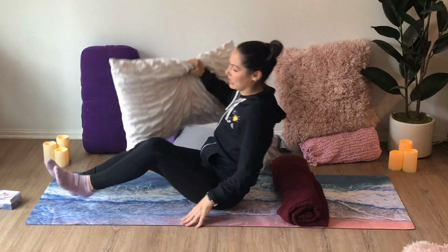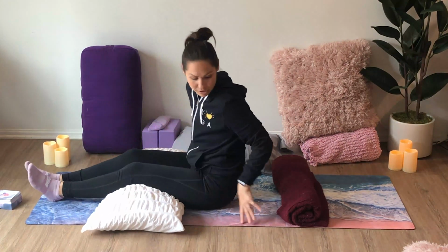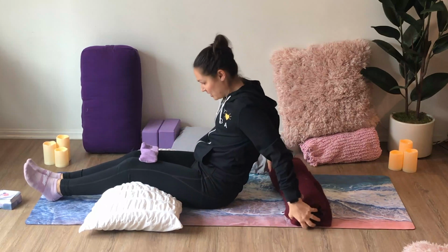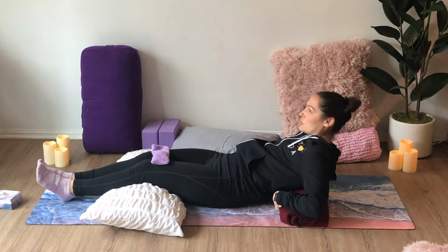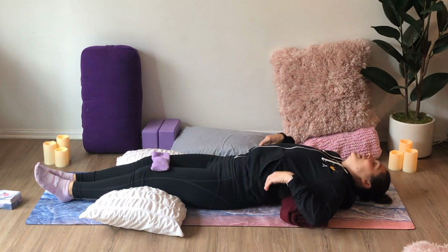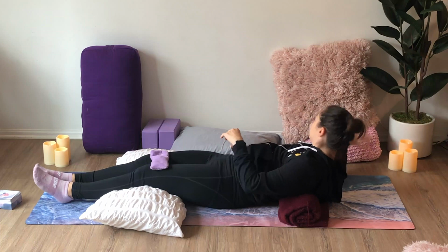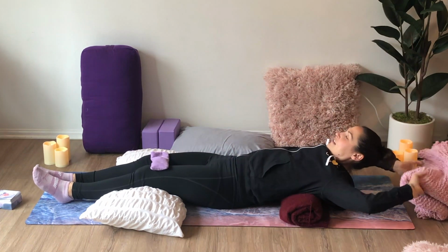Again, if you want to have a blanket or a pillow underneath your knees to release some of that pressure, you can do so. Option to have your eye mask or a blanket or a towel if you want to lay it over your eyes. And you're going to recline down into a gentle chest opener, releasing your head down to the mat. If it feels like it's a long drop, you can take a blanket, place it underneath your head,